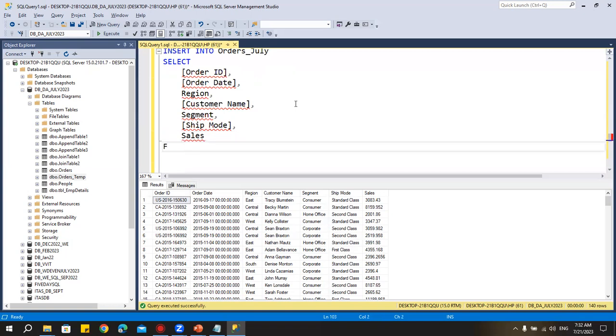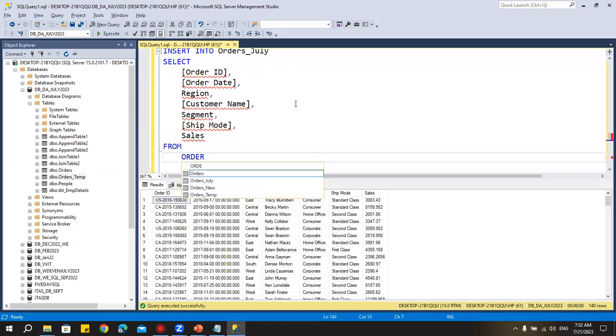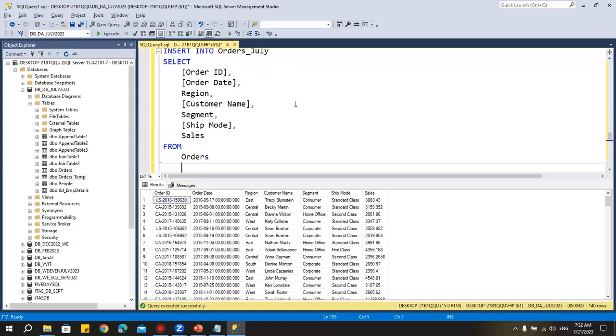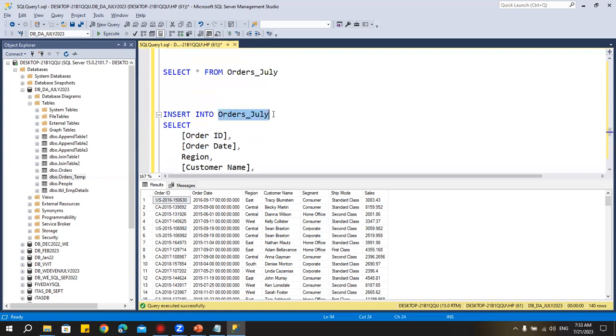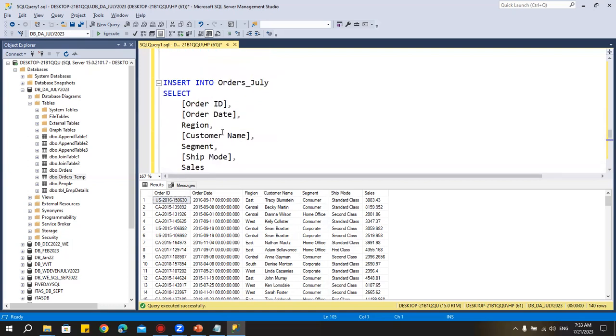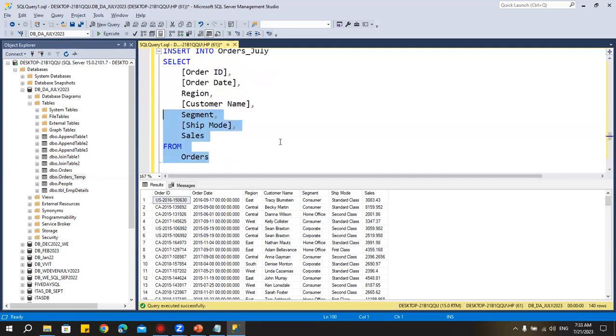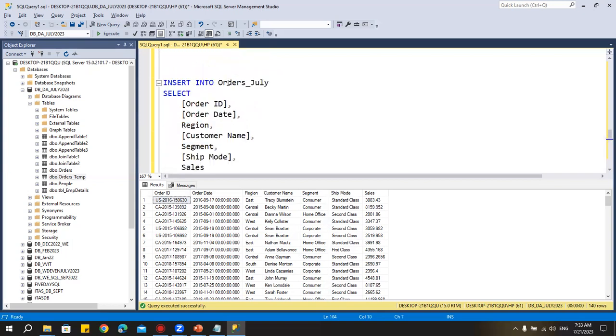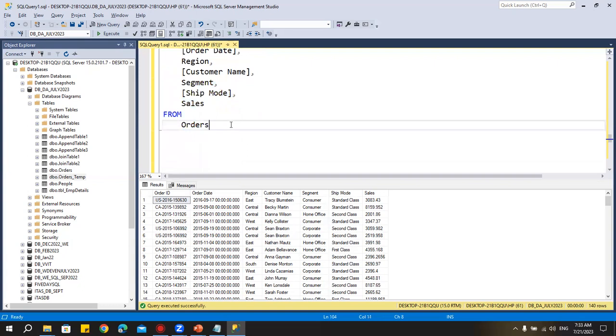So from which table? From orders table. Okay, from orders table. Now, if I select this and run, all the 9,994 records, whatever is there, will get inserted into this orders table. But for me, I need to apply a filter. See, I can run this query. If I don't want any filters, all the records, whatever is there in this orders table, will be inserted in orders July. But for me, the condition was to add all the values with the range from 1000